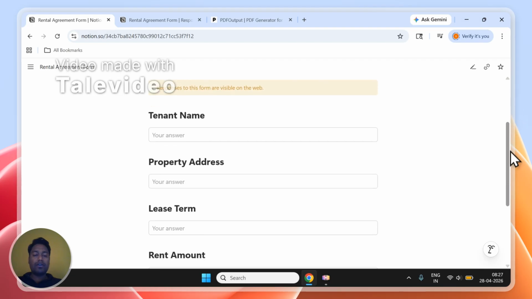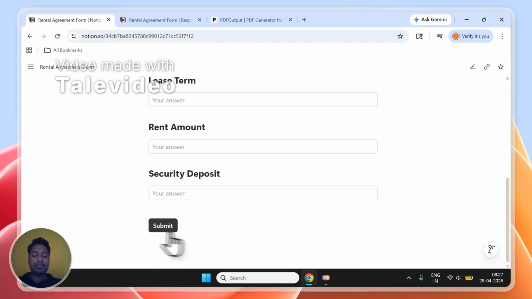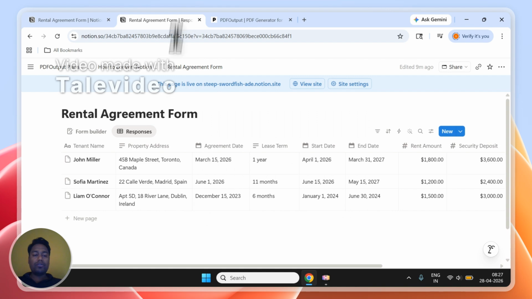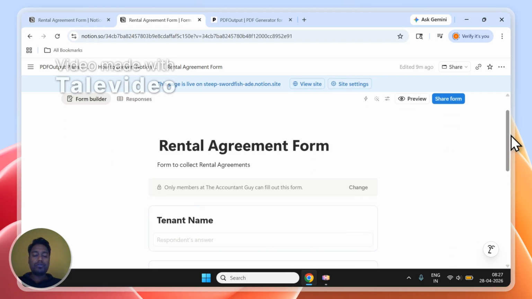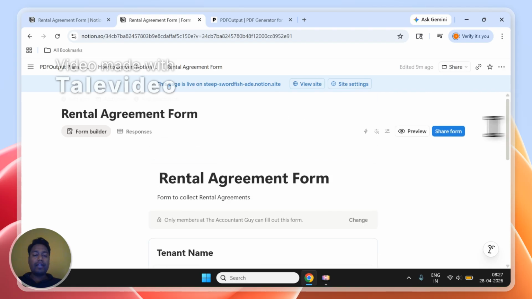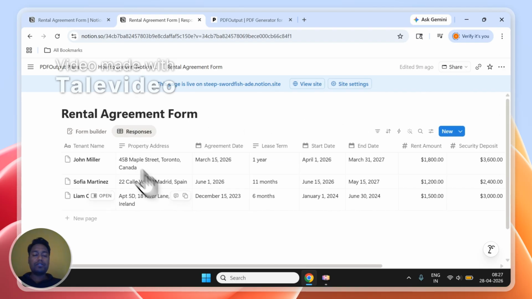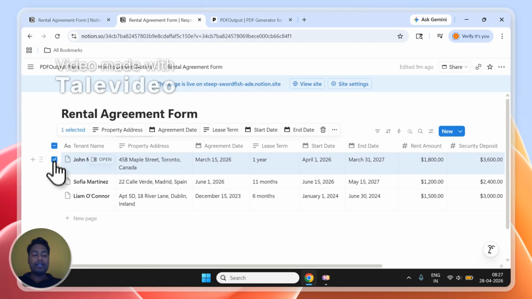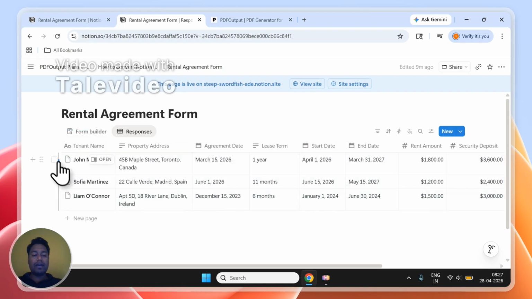So once the user fills in all the fields over here and clicks on submit, the response will go onto the responses view in the database that we have for the rental agreement form. We have the form builder section in Notion, which showcases the entire form, and then we have the responses side, which will capture all the responses that come from the particular form. I've gone ahead and created three entries out of the form. I have submitted three times, and now you are able to see the output inside this